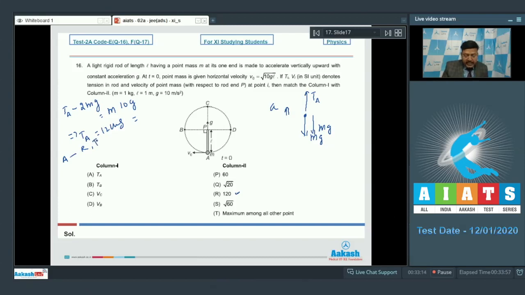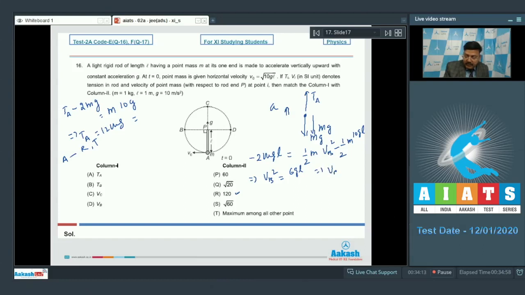Let's look at TB now. For finding TB, we also need to find VB, and for finding VB, we apply the work energy theorem. So we get work done by mg and work done by pseudo force, that will be equal to minus 2 mgL in the reference frame of point P, and this is equal to change in kinetic energy, which is final kinetic energy, that means half m VB square minus half m, initial speed was root 10 gL, so it is 10 gL, and well, let's simplify this. This gives us the value of VB square as equal to 6 gL,